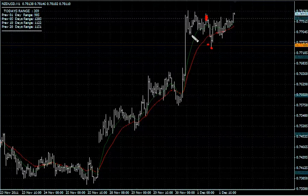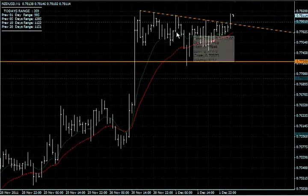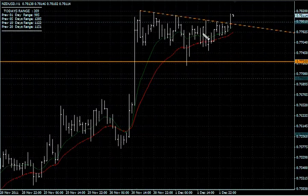As soon as I was up at these previous lows here, about 15-20 pips in profit, I moved my stop loss to break even. And then once we started banging up against this flag formation that we had formed, if I just draw that trend line across there, you can see we had a very solid trend line here. This flag formation, once we started approaching and banging off of this trend line, I took some profit out of the trade, and just recently we've broken through, which is really what I was expecting to happen,